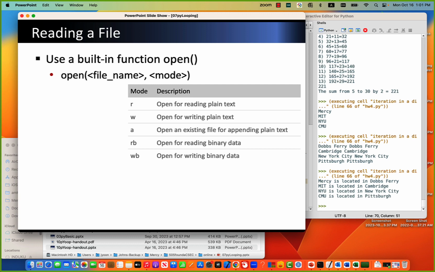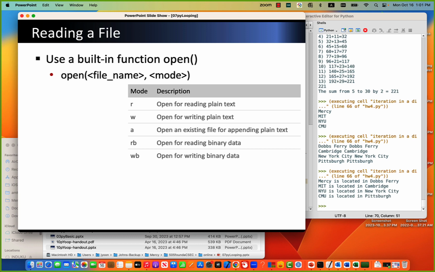Okay, reading a file. Now we are ready to read a file using our Python. Reading a file is, we do not know the size of files, right? All varies. But we know that is open world, closed world. A book, then it has an end of that book, right? So